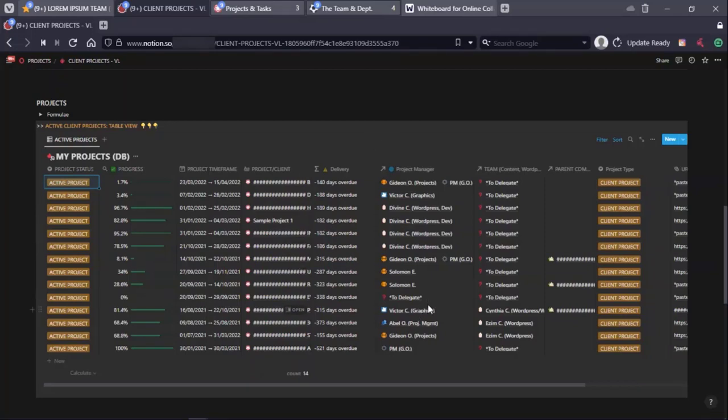Anyway, we proceed to the project manager column, and we also have the assigned team. We will visit the people database or the staff database. We also have parent companies and subsidiaries. Okay, so for this parent company column, it's basically for keeping track of clients that have more than one project with you. For example, you can have a parent company, Google, contracting you to do maybe 1, 2, 3 projects,